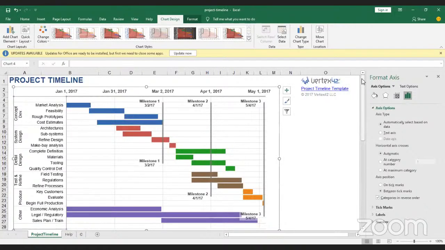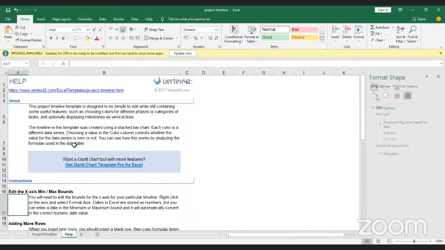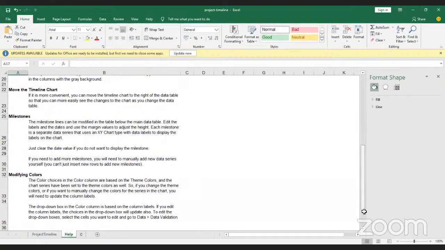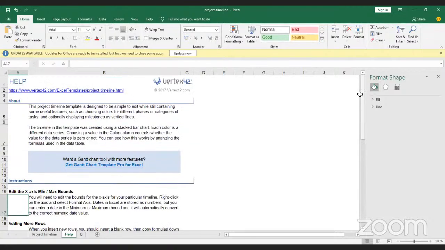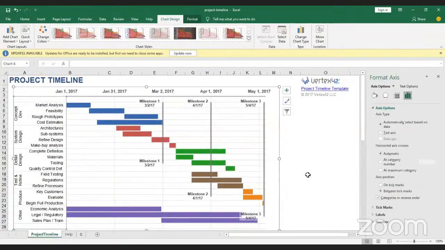Please, my sincere recommendation, when you get these templates, always take your time to go through the help so that you understand how each of these templates works. Make sure you go through the help just by the side of it so that you know how it works. Like I said earlier,